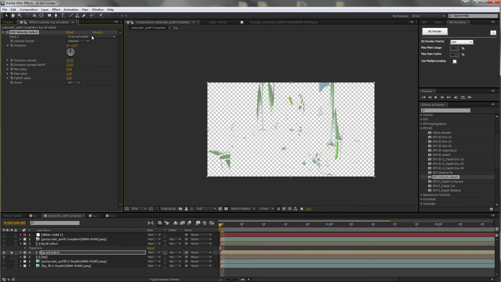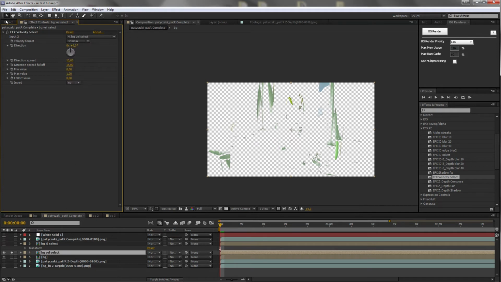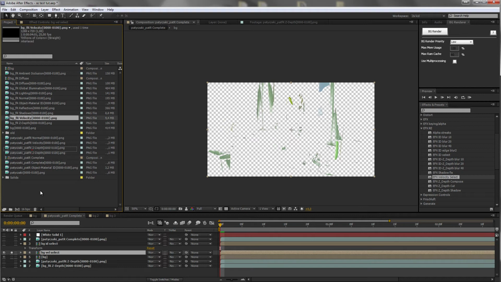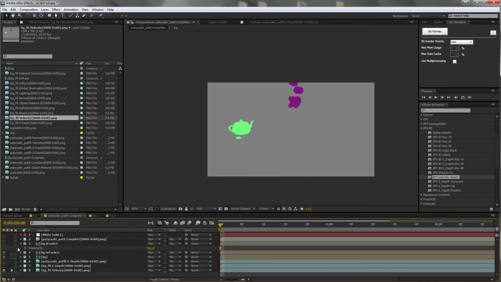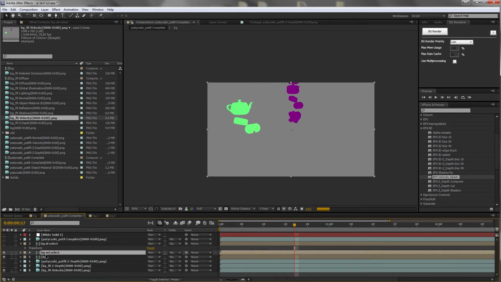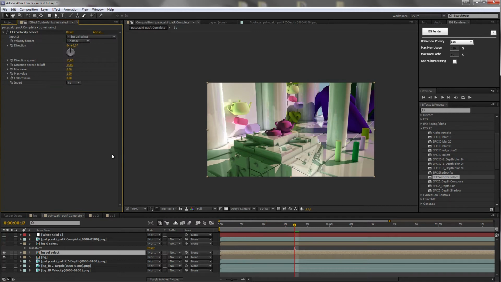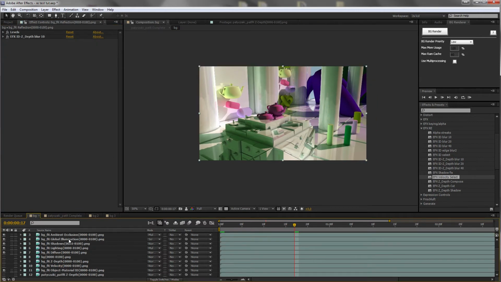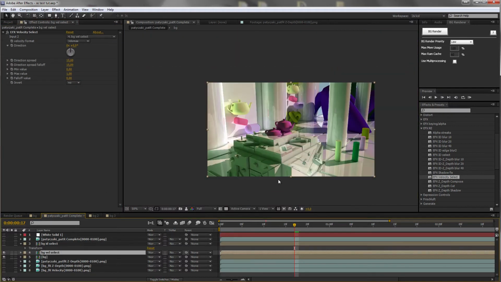We add a velocity select, supply a velocity layer. We don't have a velocity layer. Okay, so we need a velocity layer. Background velocity layer. Thank you. If you wonder, it looks like this because only these objects are moving. Let's get back to, you know, for now I will just remove the blurring on the reflection pass, as it will just work a little faster with our project. Okay,